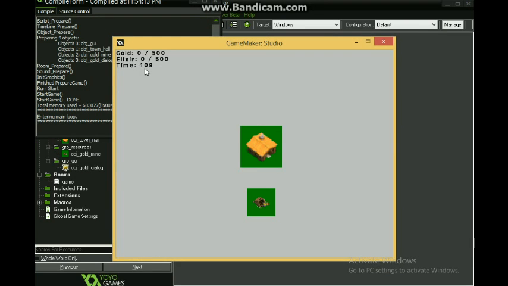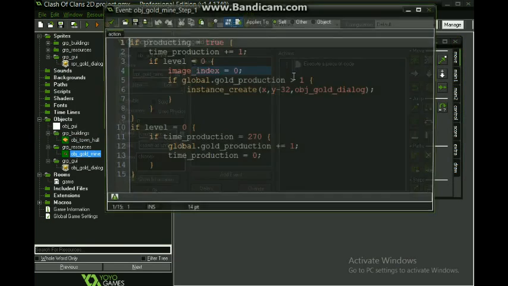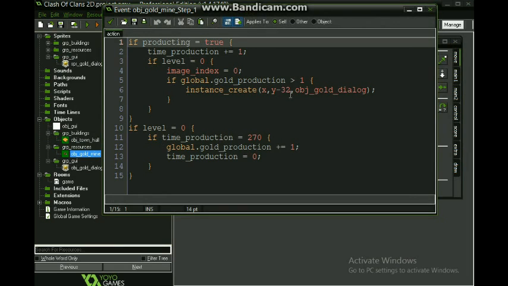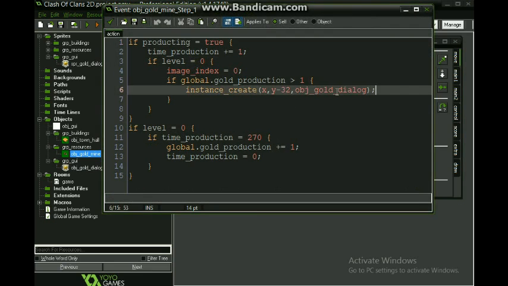Okay, as you see, the time is now running. See if we convert the global input. Whoops, that didn't work, but the time is running, but the object gold dialog doesn't show up.